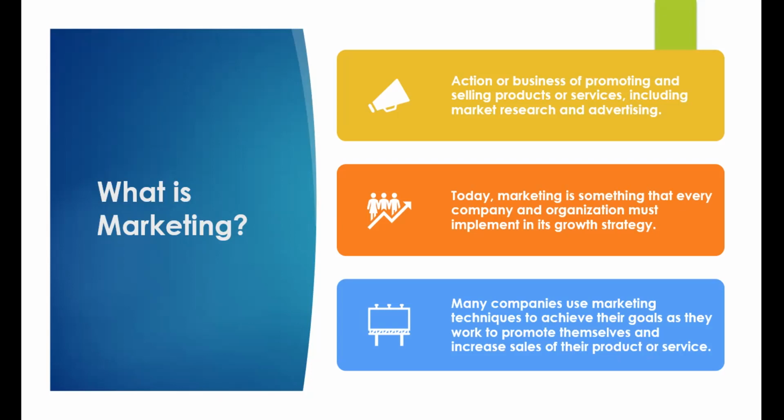For example, a new men's perfume brand has come. The perfume brand is purely for men. Now it reached Amazon and told Amazon that they want to launch this product on their website. Now they need help from Amazon to reach the people, to educate the people, to promote that product to the right audience. Now Amazon already knows how many people who have registered on their website are male and female. Amazon already knows which segment of customers, which age group of customers, is likely to buy that product.